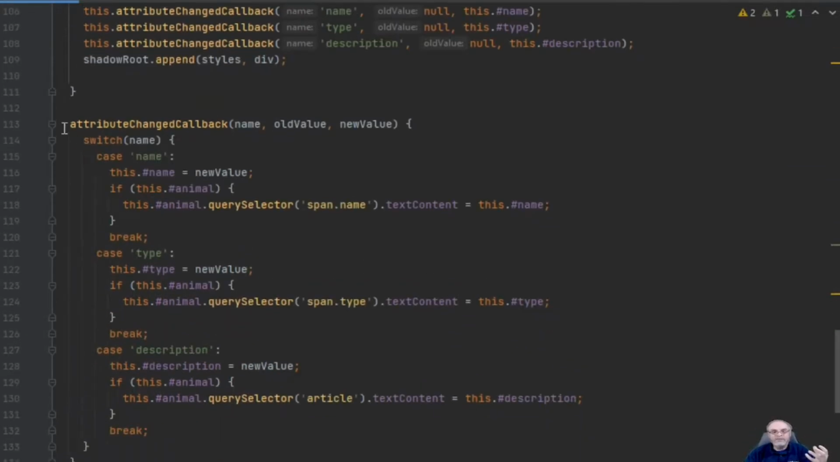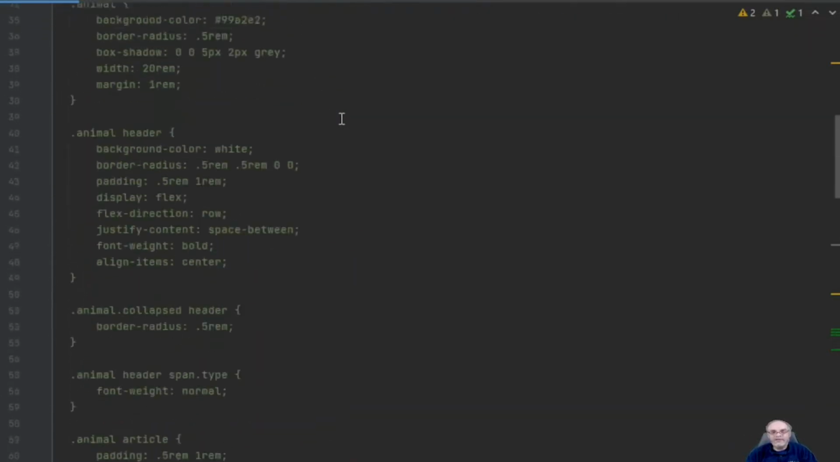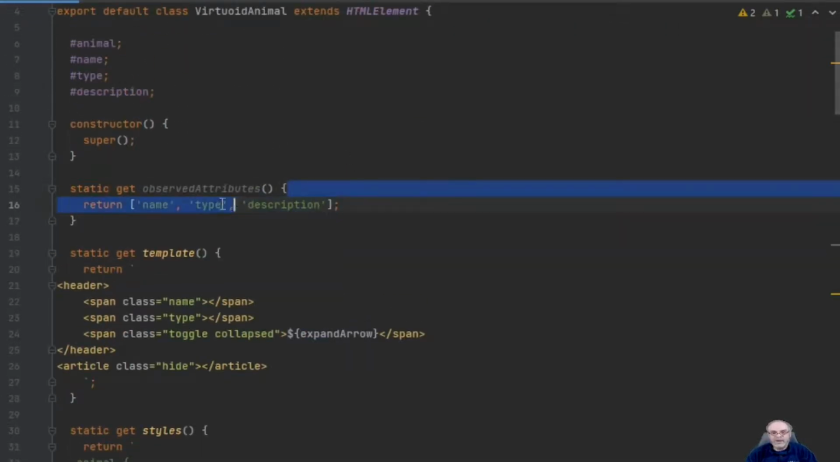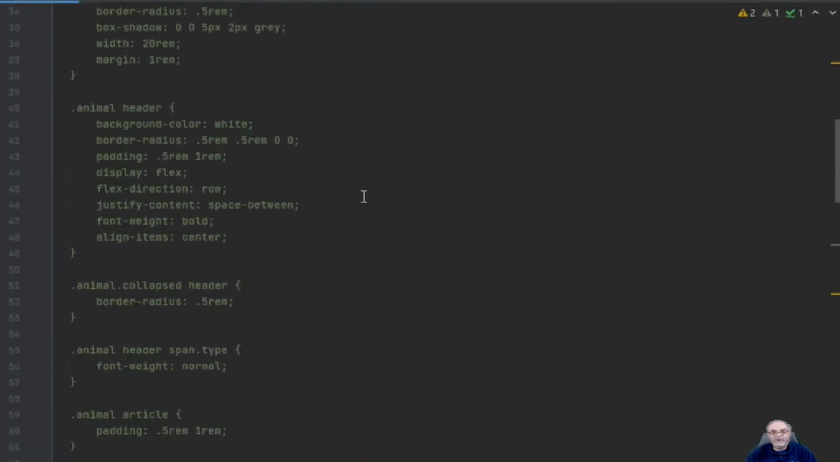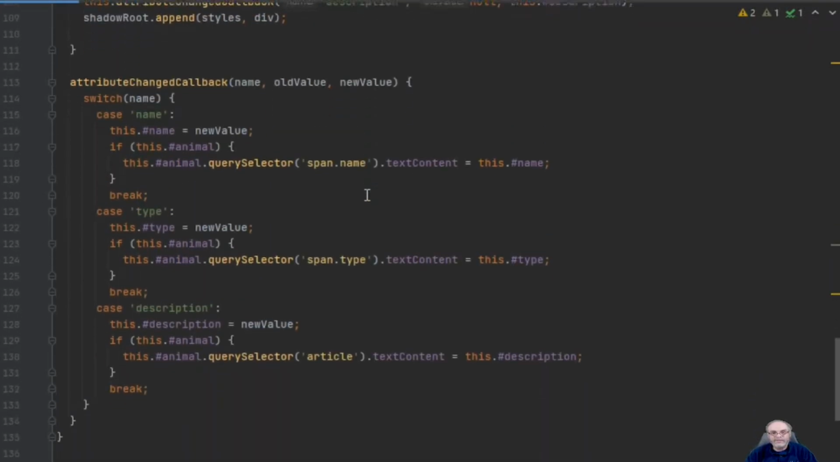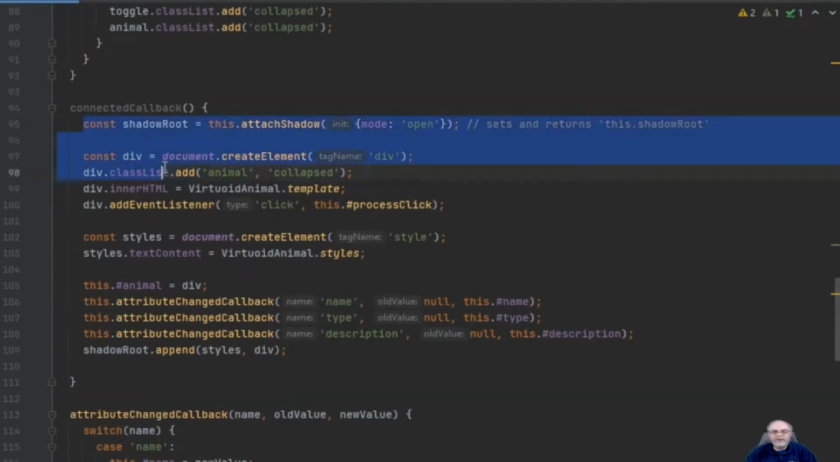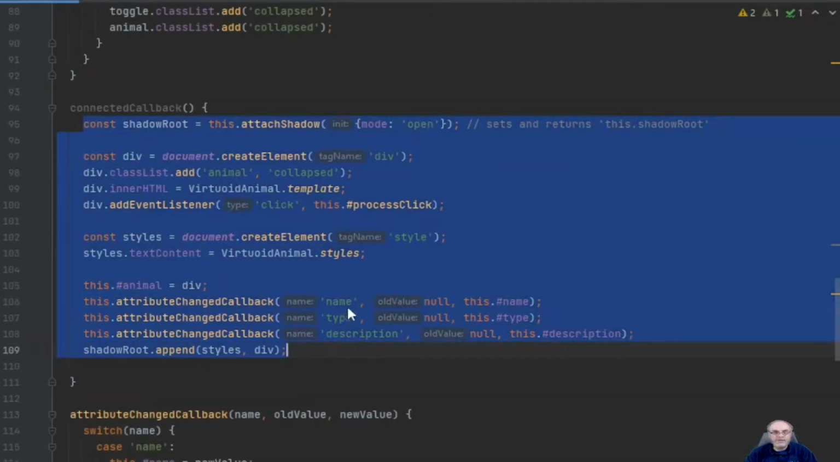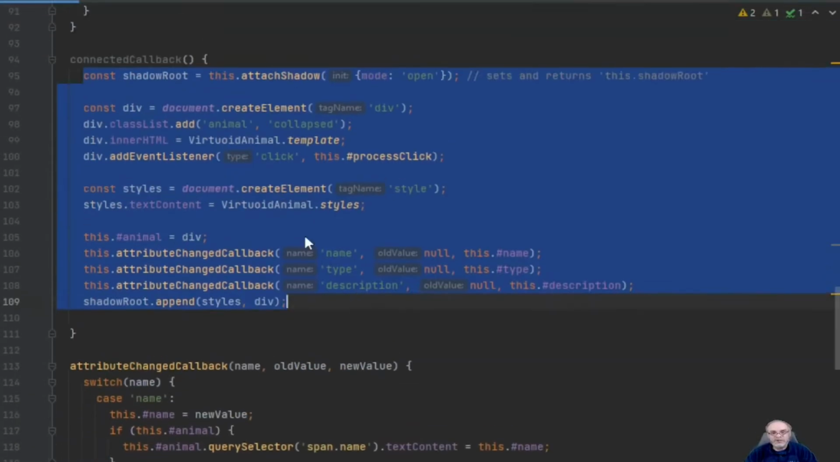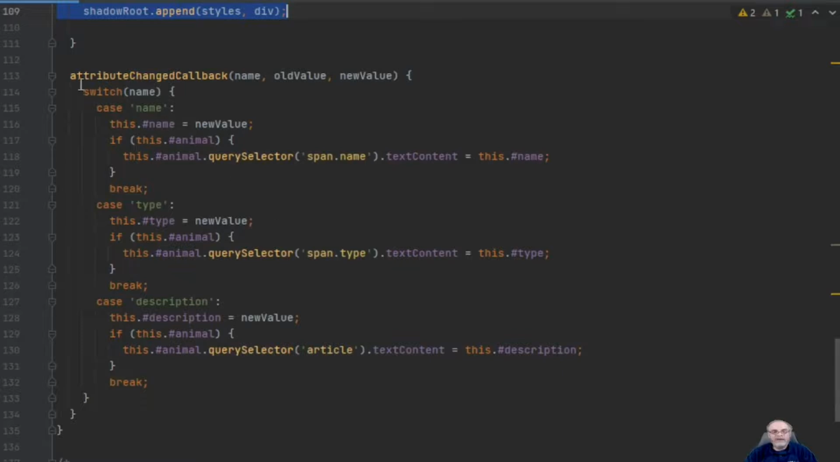The other one is the attribute change callback, and that's whenever an attribute on the custom element changes. That's one of these three attributes up here: name, type, and description. If any one of those three changes, it will call this up. Now, here's the problem. Because I'm constructing it here within the connected callback instead of within the constructor, and the reason I'm doing that is because the DOM may not be available when we do a constructor, this ensures that the DOM is available. It is possible that the attribute change callback can be called before the